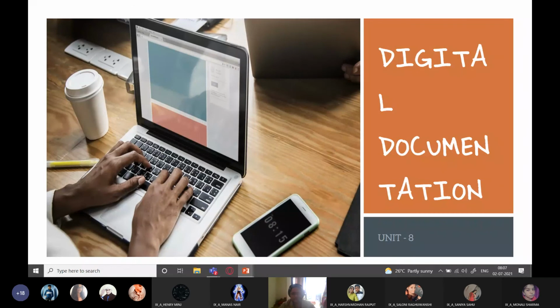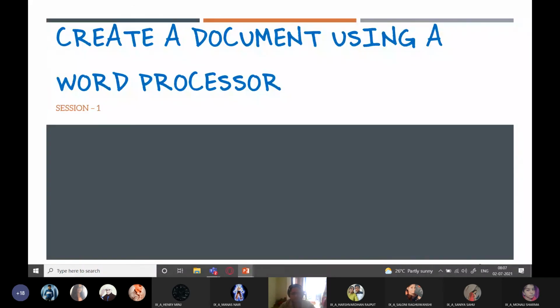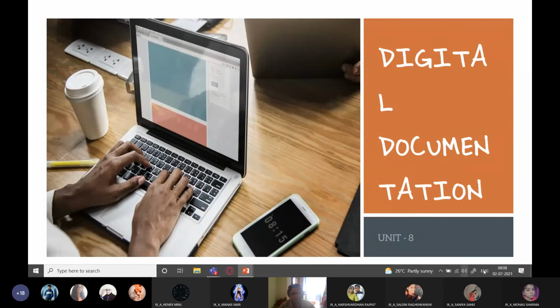What are word processing softwares? Firstly, I want to give you a small intro into that.